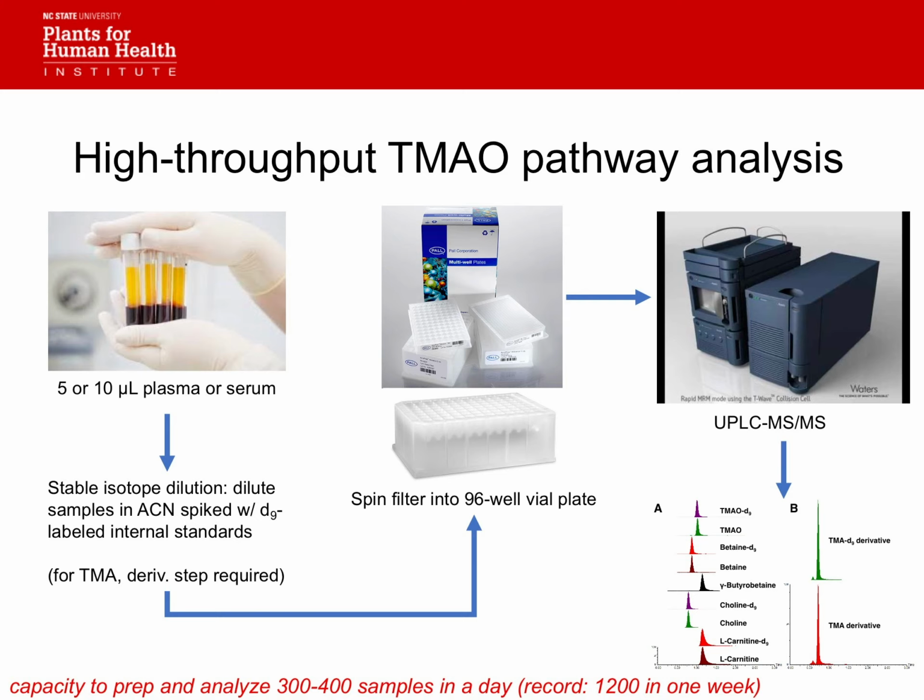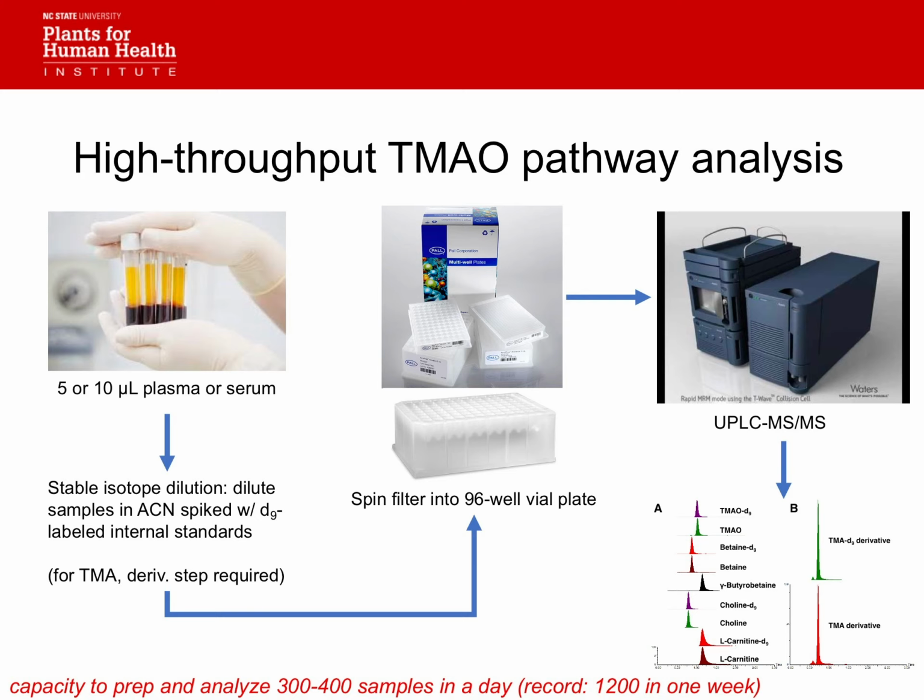And we use a method called stable isotope dilution, where the analytes that we're looking for, we actually add those analytes into our sample, but they're labeled with deuterium, okay? And that helps us account for and reduce the variability and do quality assurance and things like that. If you want to learn more about stable isotope dilution, you can talk to myself. Colin, I'm sure, knows a ton about that.